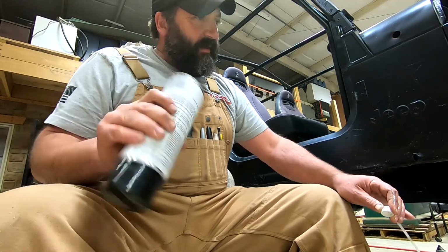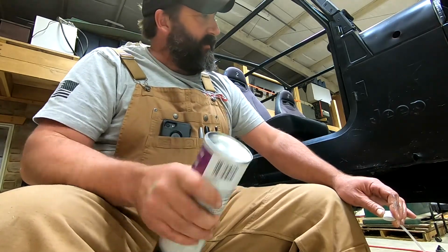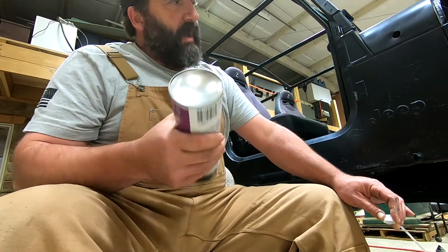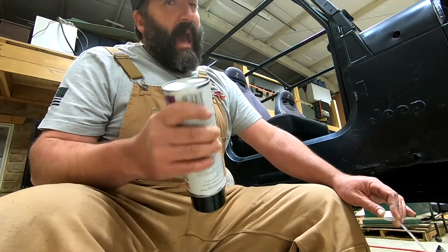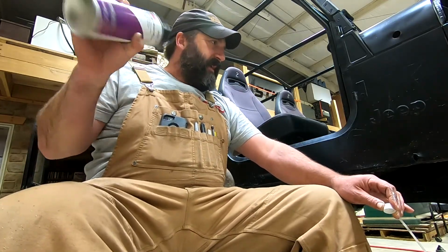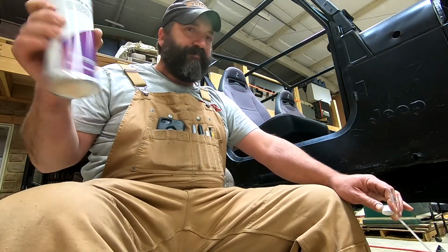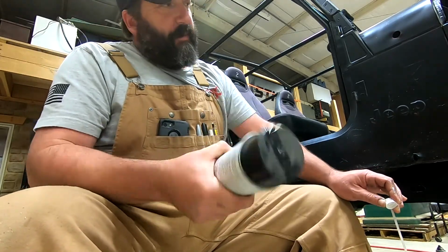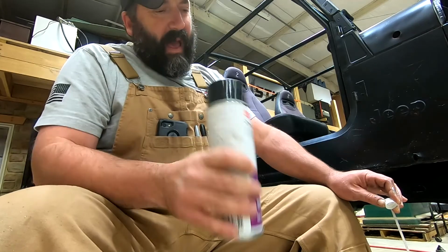So this Jeep was a Southern Jeep. It doesn't have a lot of rust in it. There's a couple spots here and there in the body, but the frame's in really good shape. And I don't put in salt anymore, but I really don't ever want to have it start being a problem. So what I'm doing is a little preventive maintenance here. I took the frame, kind of prep work here,